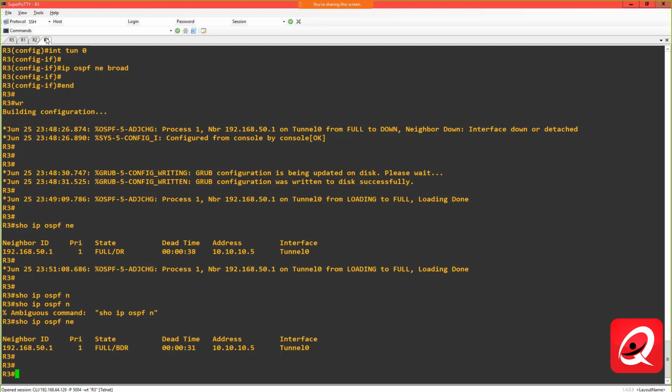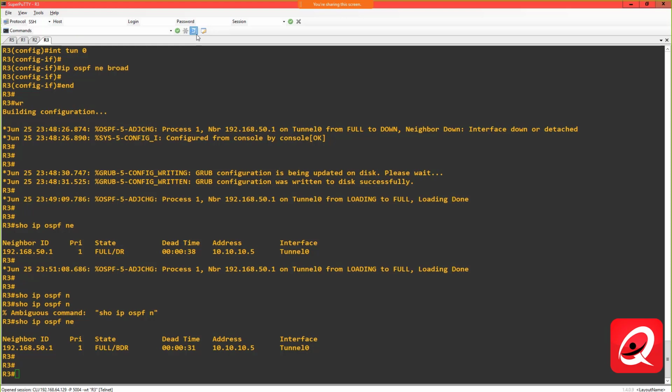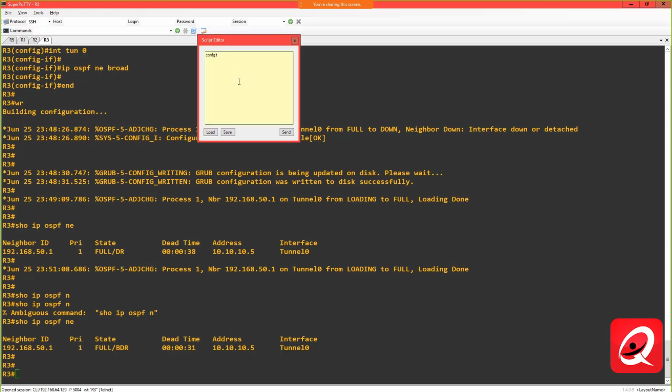All right? So the multicast that's coming from, in this case, router 3, can't be heard by any of the other spokes, which means we're not going to have full convergence. We're not going to be able to resolve the graph. So in order to prevent any of the spoke routers from becoming the DR in this particular design, we need to go in on those spoke routers and set the priority of those tunnel interfaces to 0. When we set a tunnel interface priority to 0, IP OSPF priority 0,